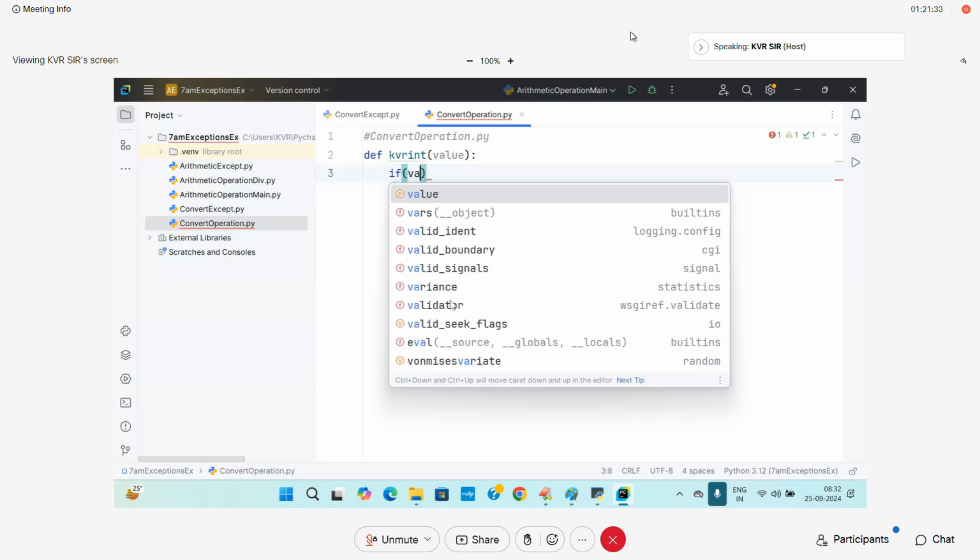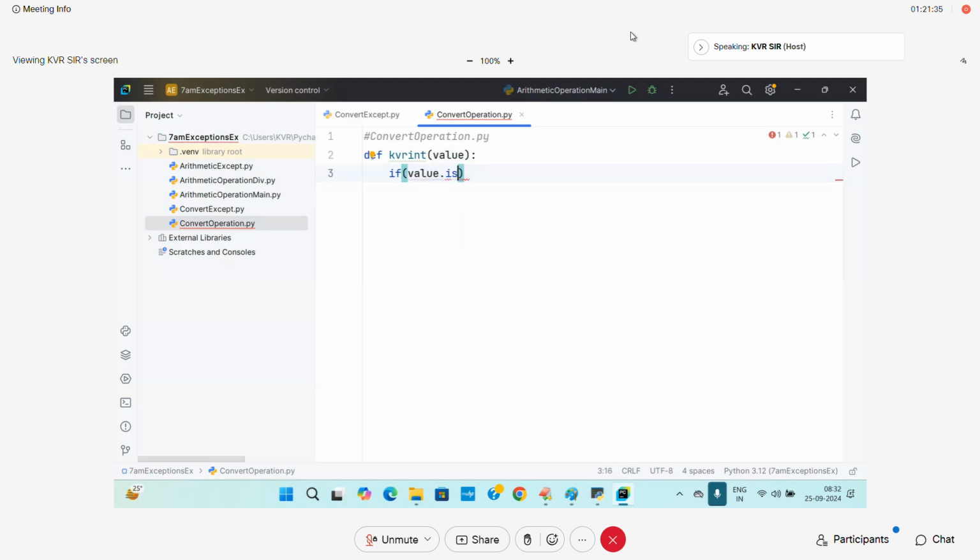If value dot isdigit, I will convert it. I will say x is equal to int of value, and return x. Else,